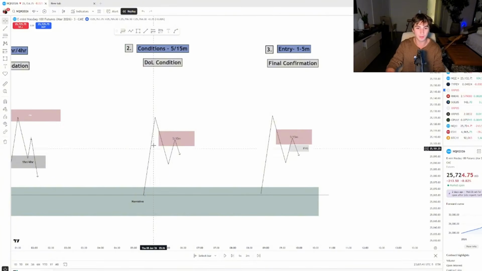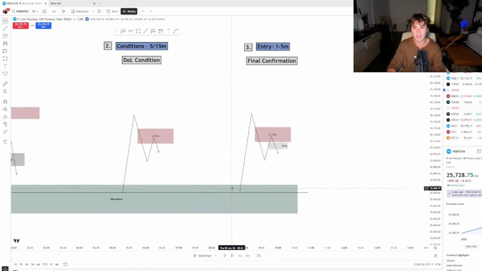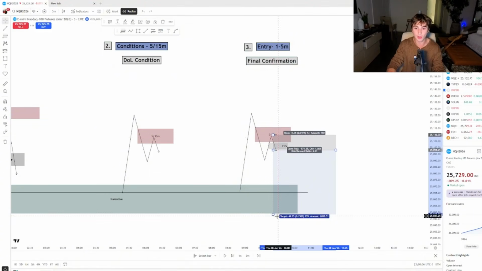Then we go on the 5 and 15 minute time frame. We wait for price to tap into a 5 or 15 minute fair value gap. We're going to utilize that as our draw on liquidity condition. What that means for me is if price truly wants to go lower to here, we should respect this 5 or 15 minute, right? We should, but how do we confirm it? Through an inversion. If we ultimately get that inversion off of that 5 or 15 minute gap between the 1 to 5 minute time frame, now we have confirmed the idea completely that we can short, and we have all the facts to trade from.